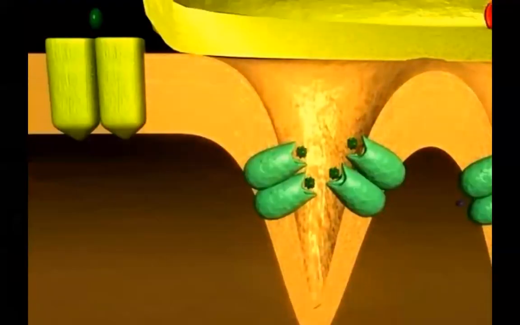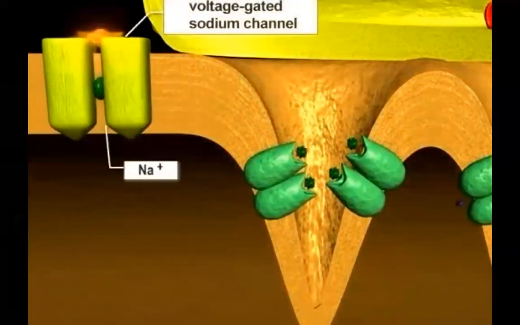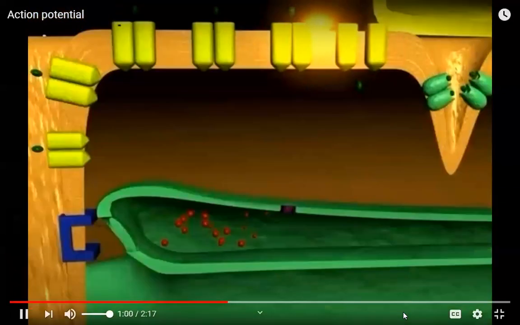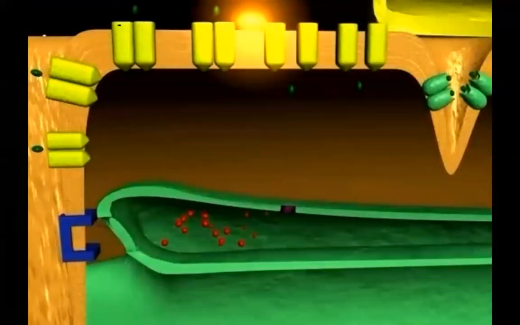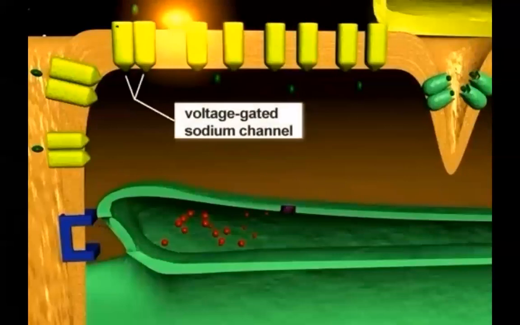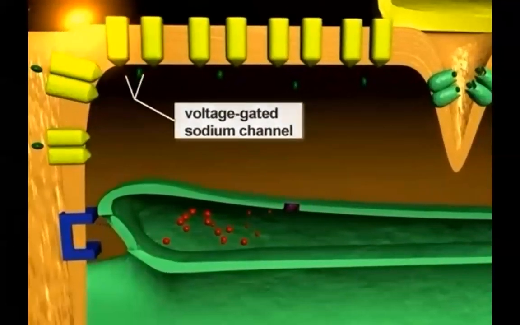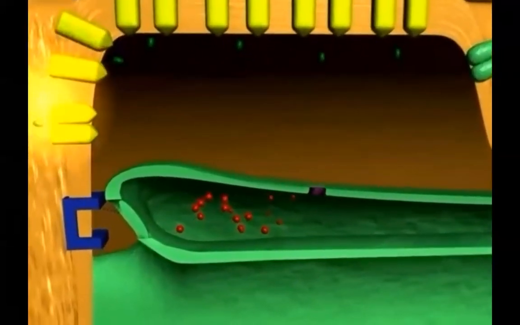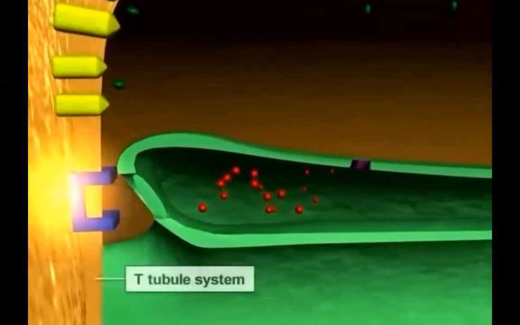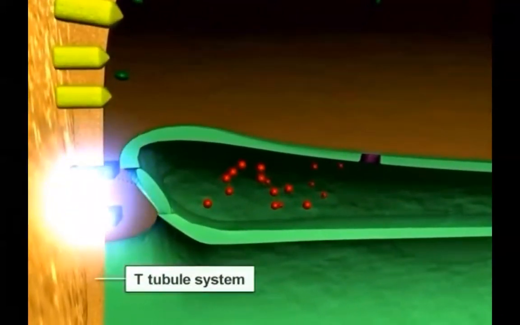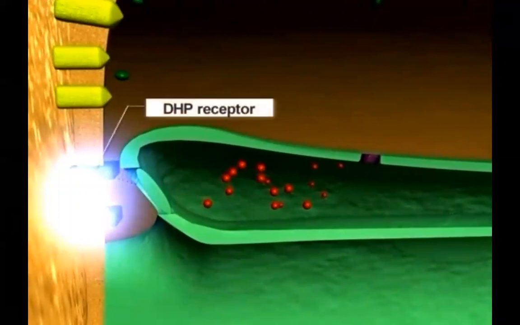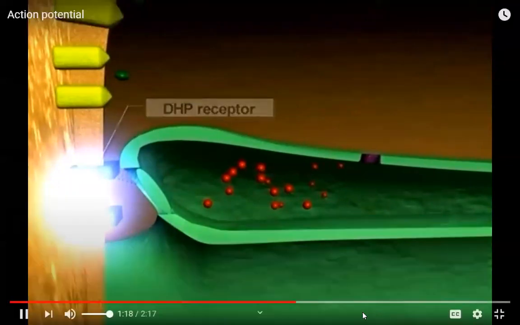The initial flux of ions due to opening of the channels brings the membrane potential to threshold, causing the voltage-gated sodium channels in the vicinity to open. The resulting action potential is propagated over the entire surface of the muscle and also courses into the T-tubule system. As the action potential encounters DHP receptors in the T tubules, it causes opening of the ryanodine calcium channels of the lateral